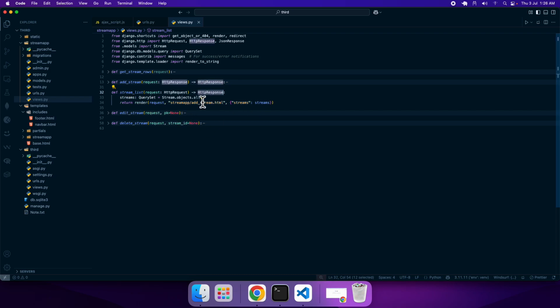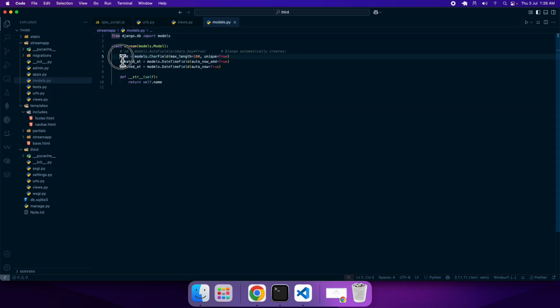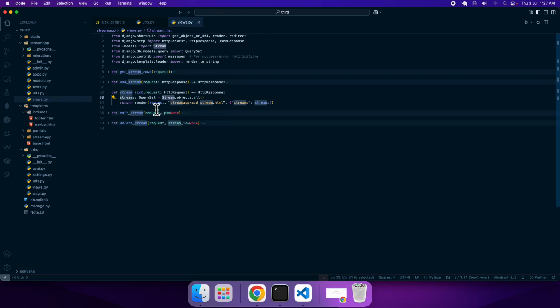Well, over here, as you can see, this is giving a call to my ORM. The left hand side is a model. Well, let me show you even the model also. Nothing very hi-fi, just a name attribute and a couple of date times that will be generated automatically. The first one will be generated the time when we create an instance, and the second one will reflect the time when the instance gets updated. Okay, and that's all. So over here I'm giving a call to my model. This is the mapper, the object mapper that connects the model and the ORM. This is the ORM function which will bring all the tuples from the model stream and will store inside this variable in the form of a query set that is coming from